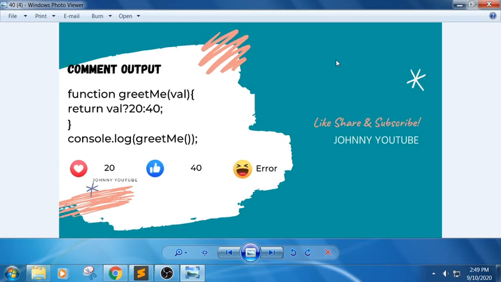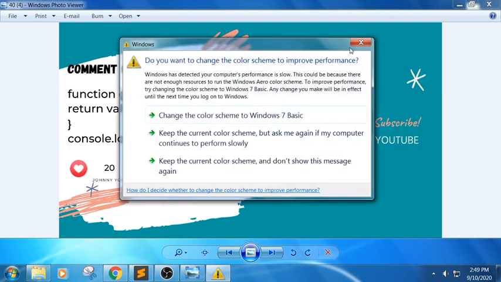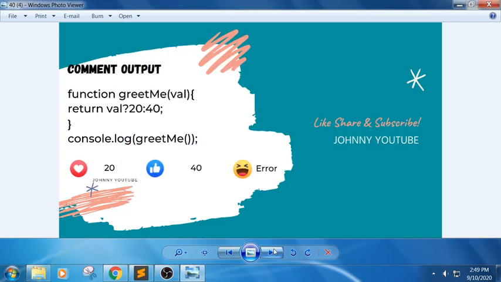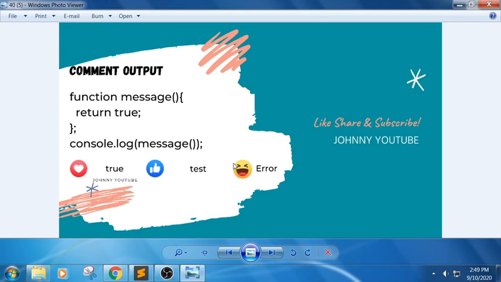Next one, here we have been using a ternary operator, that is the conditional operator. We have discussed it in the day 2 session, and the function name is greet me. The value we are trying to pass here is, we don't have any value, so no value here. So return value is, do we have any value here? No. So the answer for this snippet would be 40. True indicates if the value is there, the true part will be executed. In the sense, after the question mark, this block will be executed, or else the 40 block will be executed.